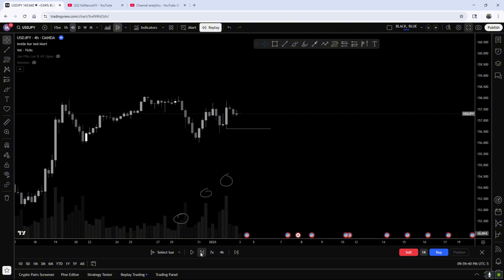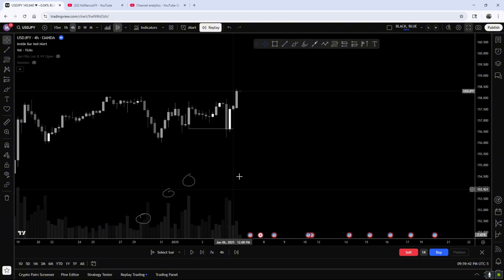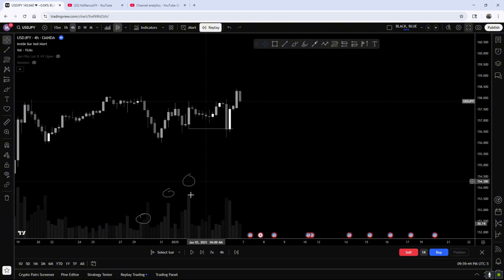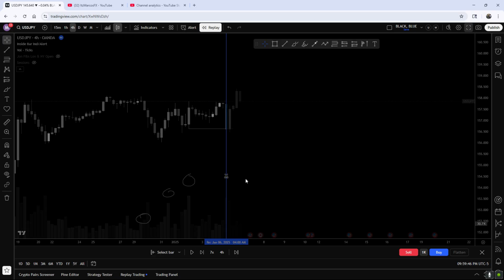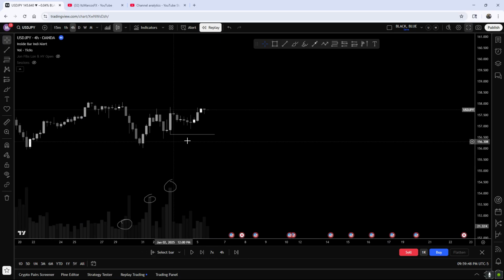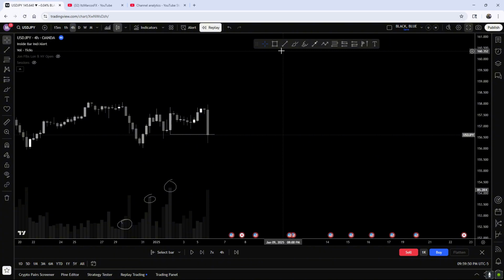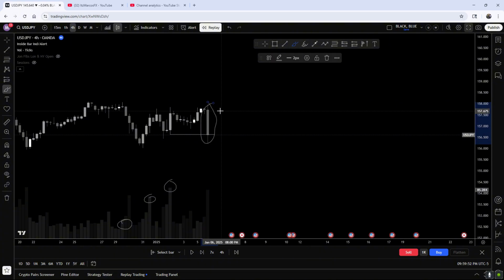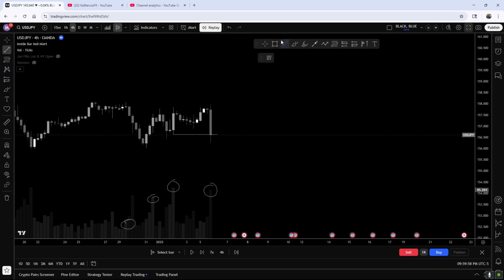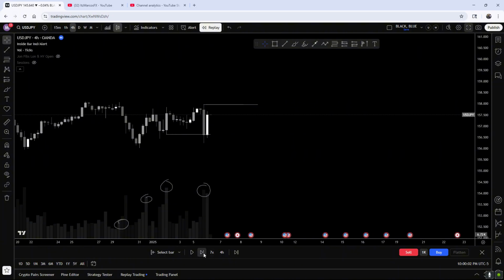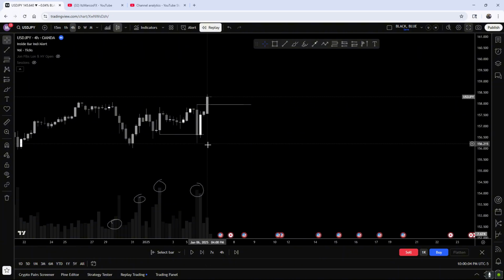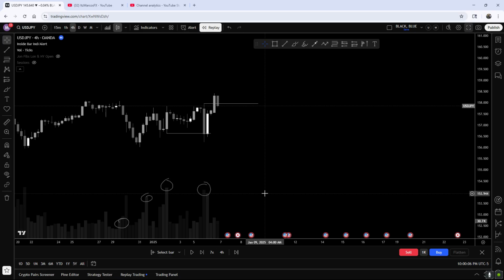So we just fast forward price, and eventually it does take out that low. And if we can see right here, after it takes out that low, we get that same candle. And this same candle becomes a very strong volume candle. So now I want to anticipate this high getting taken out, and immediately that happens, right? We get a push to the upside. So